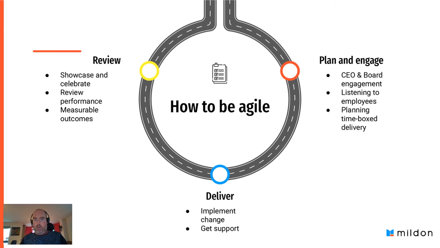Now, with diversity and inclusion, we're talking a lot about culture change. It's quite difficult to achieve stuff in 3 weeks. So when I work with my clients, I work within cycles of 3 months, or quarters effectively. But again, it's useful to have the same structure. So the first thing when you begin your cycle is to get your CEO and your board engaged, get them on board, start strategizing with them, get them to understand why diversity and inclusion is important, get them to sponsor all of the activity that you're going to do within that cycle.